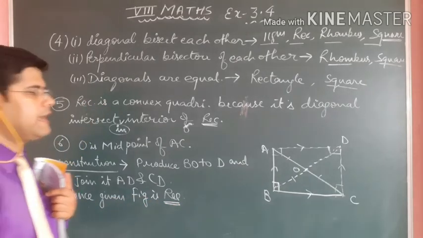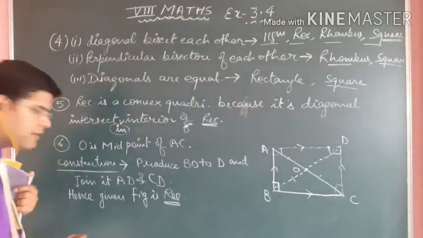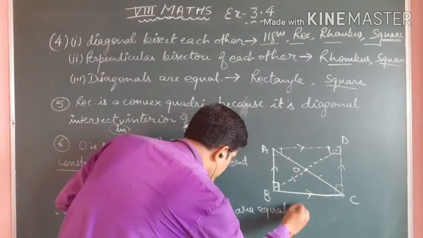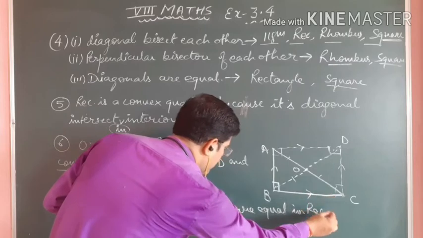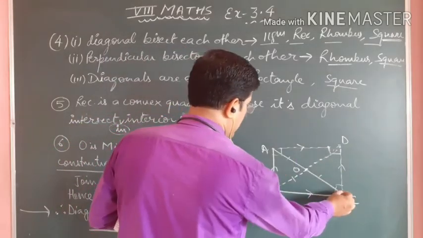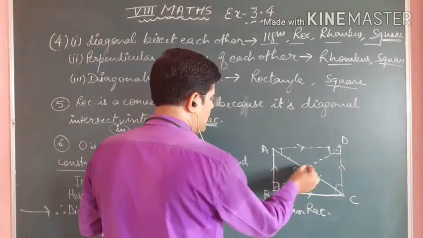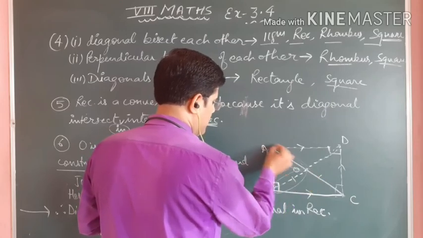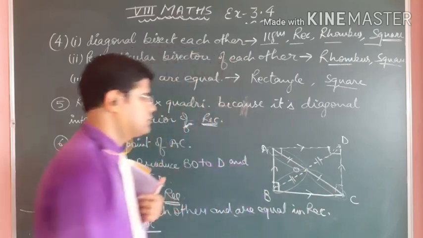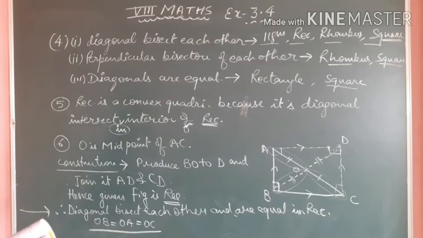When it is a rectangle, then diagonals bisect each other. So here we can write diagonals. I forgot the full property, so I write that diagonals bisect each other and are equal in a rectangle. If those are equal, so BD equals AC, and when those are equal, then half of that, AO equals BO, and AO is already equal to OC. So all the parts are equal to each other. So after proving it a rectangle, we can say that the given figure is part of a rectangle.